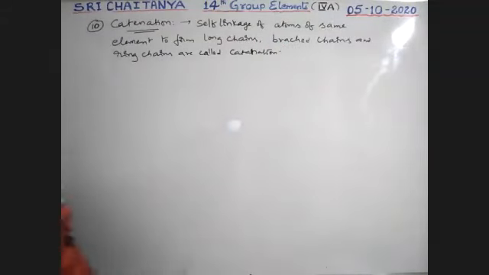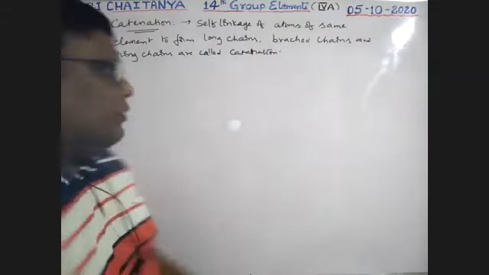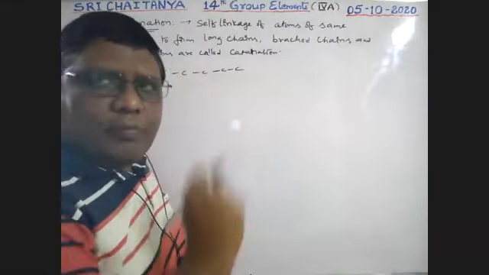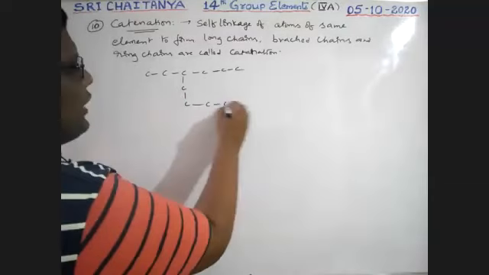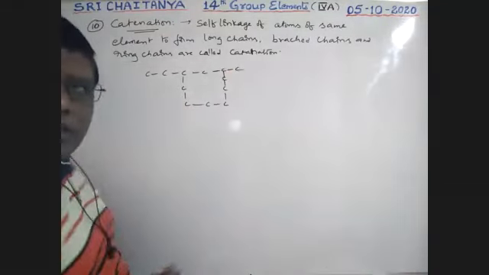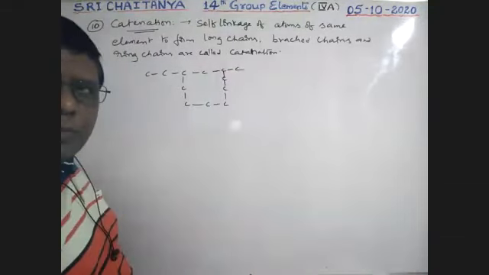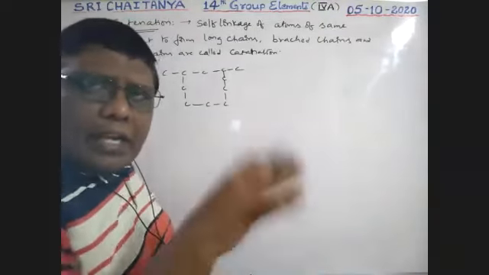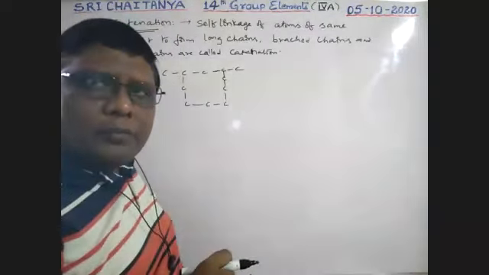See here, carbons are there, and a number of carbons are connected one by one. How many carbons may connect? An infinite number of carbons may connect. There is no limitation, boys. Side chains are also possible, there are branched chains like this. Ring chains are also possible. So this self-linkage of atoms of the same element can give long chains, branched chains, and ring chains. This property is called catenation. This catenating power, among all the elements present in your periodic table, is highest for carbon. Carbon has the greatest catenating power.